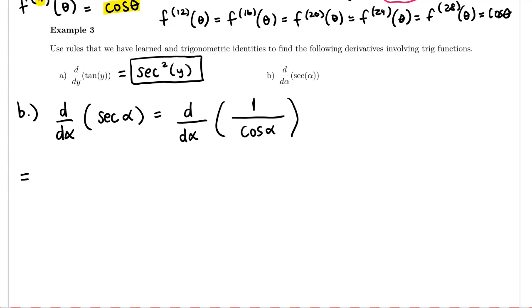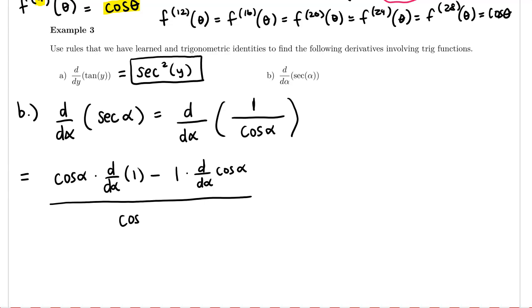I have the bottom function times the derivative of the top function minus the top function times the derivative of the bottom function over the bottom function squared. Now, the derivative of a constant here is equal to 0, so I have cosine times 0, which is just going to be 0, so I have 0 minus, and then the derivative of cosine is negative sine